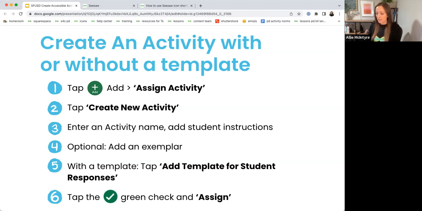If you have not gotten into Seesaw yet, I believe that you can access it through Clever for your district. So you can head to Clever, or if you head to app.seesaw.me, which I just put into the chat, you're going to see a login option to log in with Google or to log in with Clever. And I've been told that they both should work for your district. If anyone's on here and knows that that's not how it works anymore, please let me know. Otherwise, that should be the process.